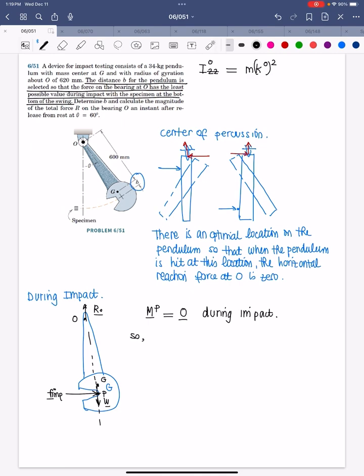So from the angular momentum equation about any point, we have that M_P is H dot P plus (v_P minus v_C) crossed with